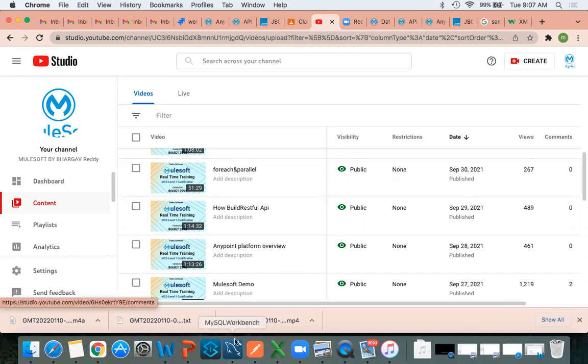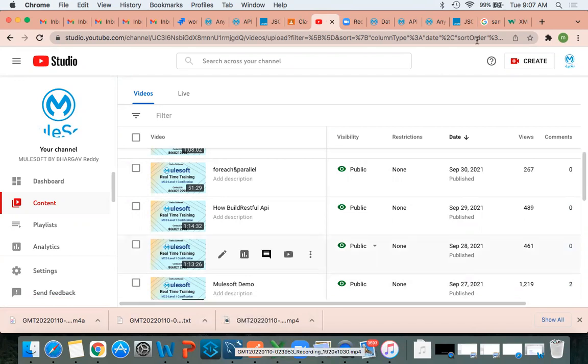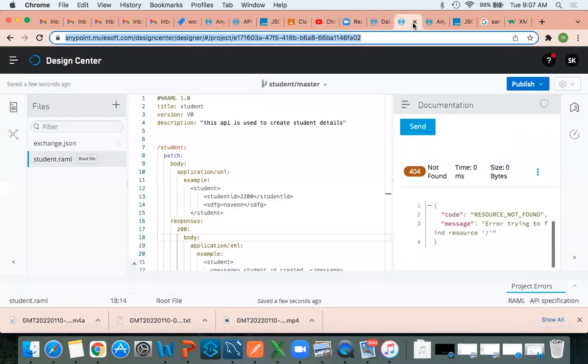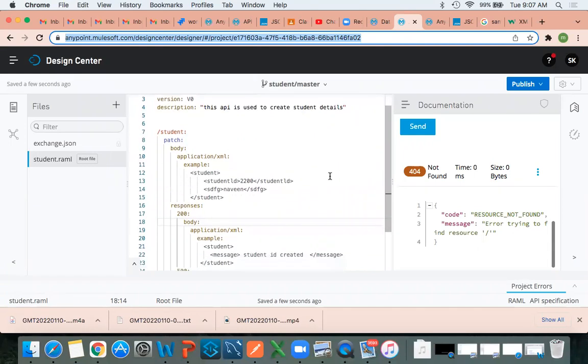Kishore, I have one query. Sorry? I have one query. Yeah, go on. Kishore, you said about these methods, right? In the post method, do we use query parameters? Only in query parameters do we have this required field as false or true. In the other methods, it will not come. Is that so? In the body method, it doesn't come.